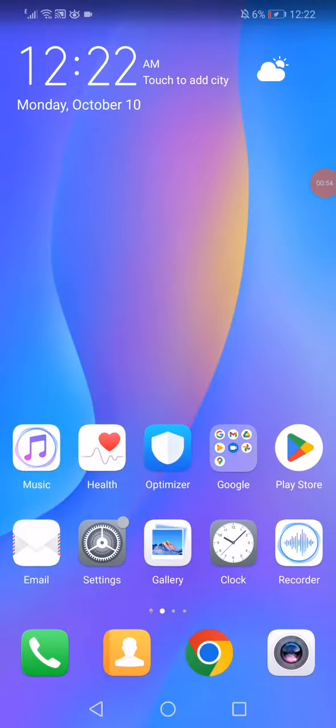Now all what you have to do is the last step. Just restart your phone and open